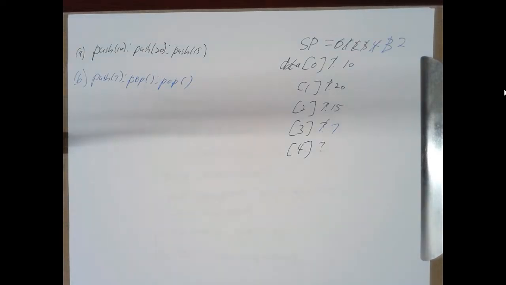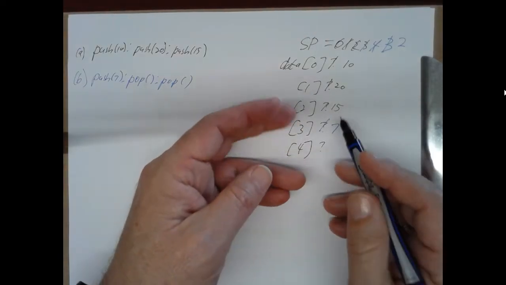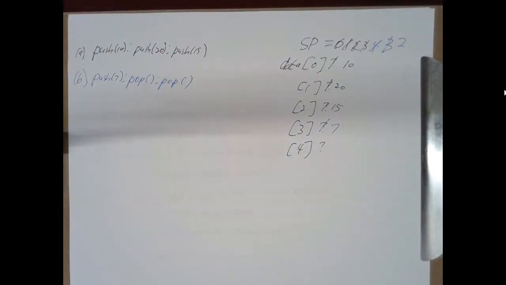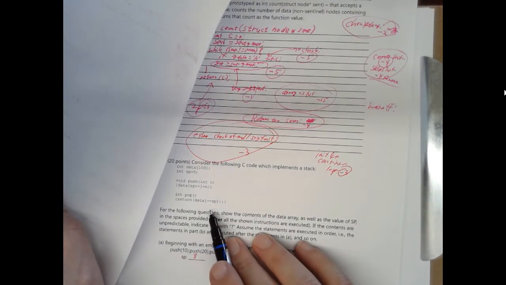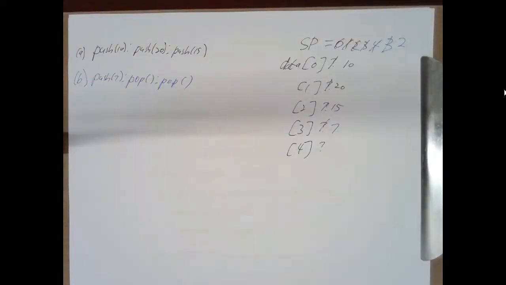And we don't do anything in a pop that somehow makes these values unknown, right? Pop is a very simple function. Just return an element from the array after decrementing the stack pointer. So pop changes the stack pointer. It doesn't change any values in the array.